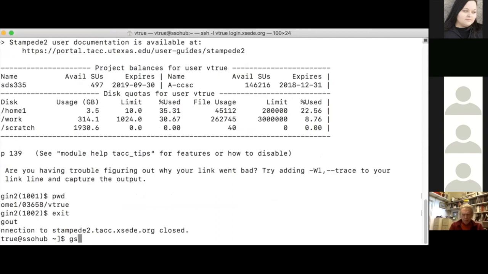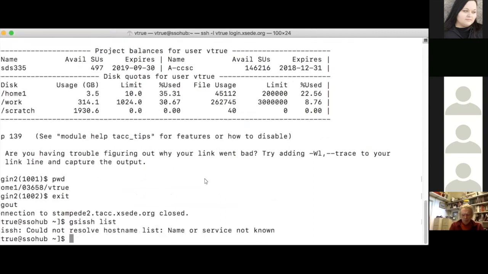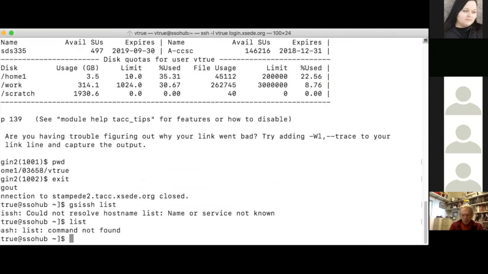And I think if I do gsissh list, no. Sorry, I don't use this one very much. There's a way to list all of the Exceed systems that are available. Let me see if I can find the SSH hub.